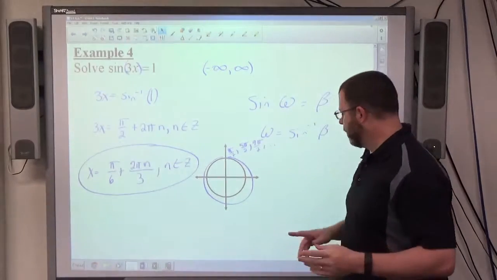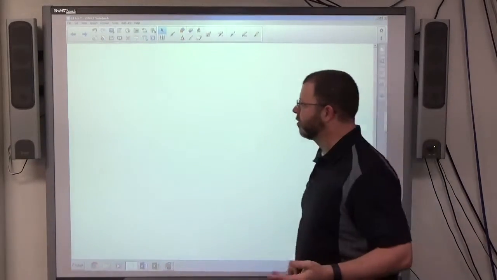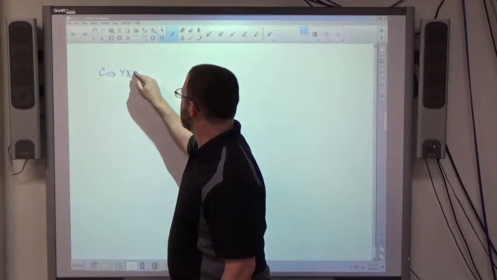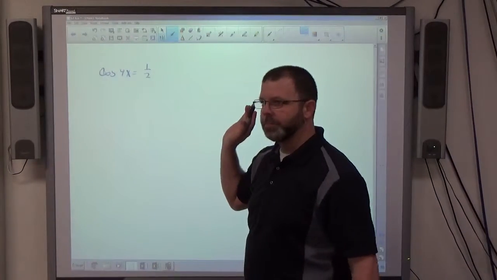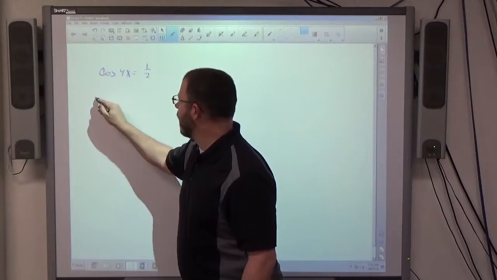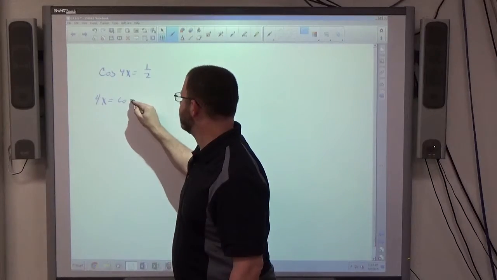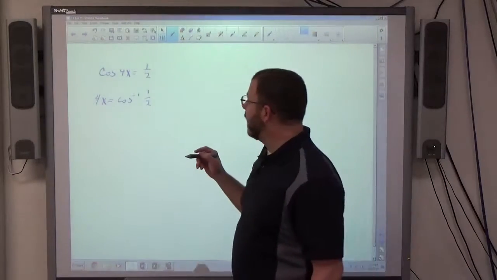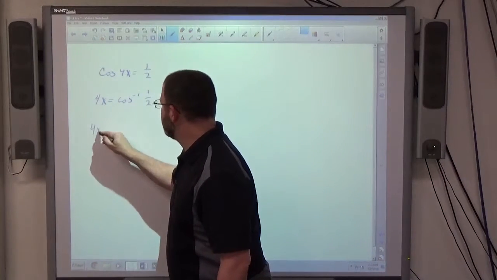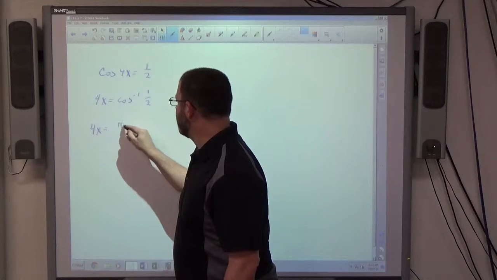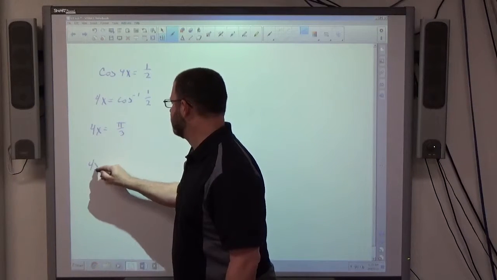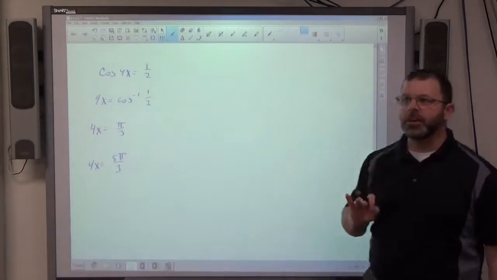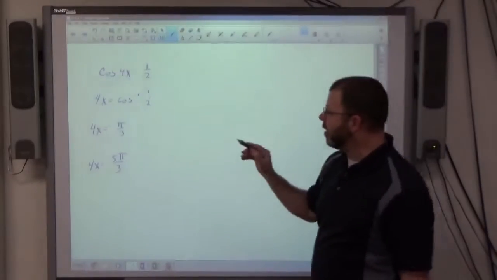Okay. If you got to a point where there were 2 answers, let me just throw one at you real quick. Suppose it says cosine of 4x equals 1/2. All right. And then 4x is going to be the inverse cosine of 1/2. 1/2 is one of those special numbers on our sheet. It equals 1/2 at pi over 3, and again at 5 pi over 3. Okay. Find each initial answer on the 0 to 2 pi region,